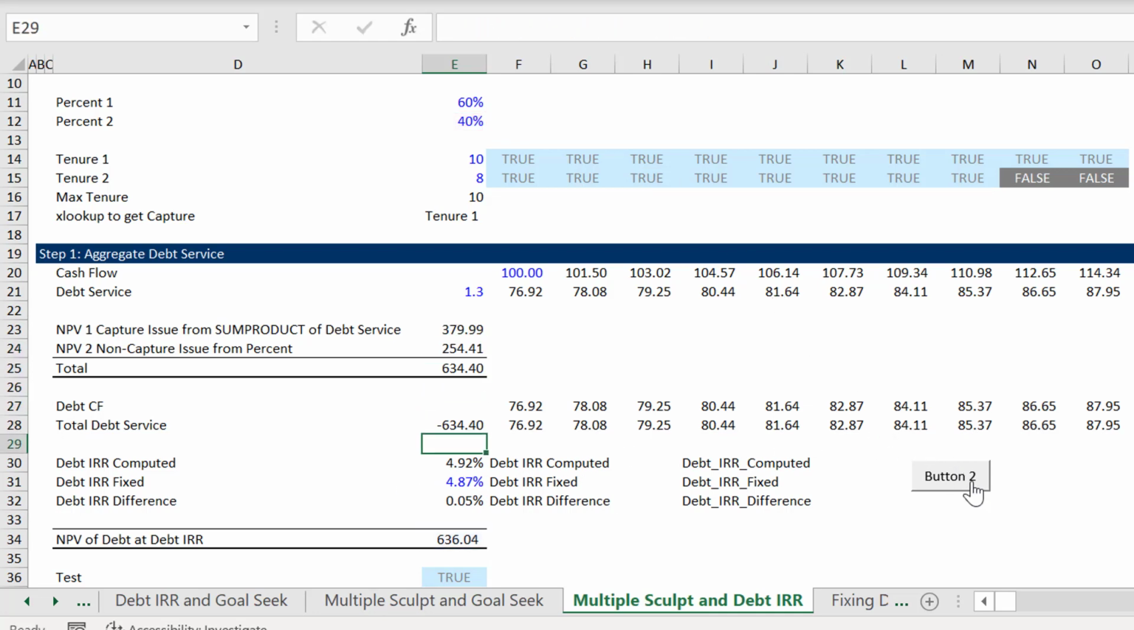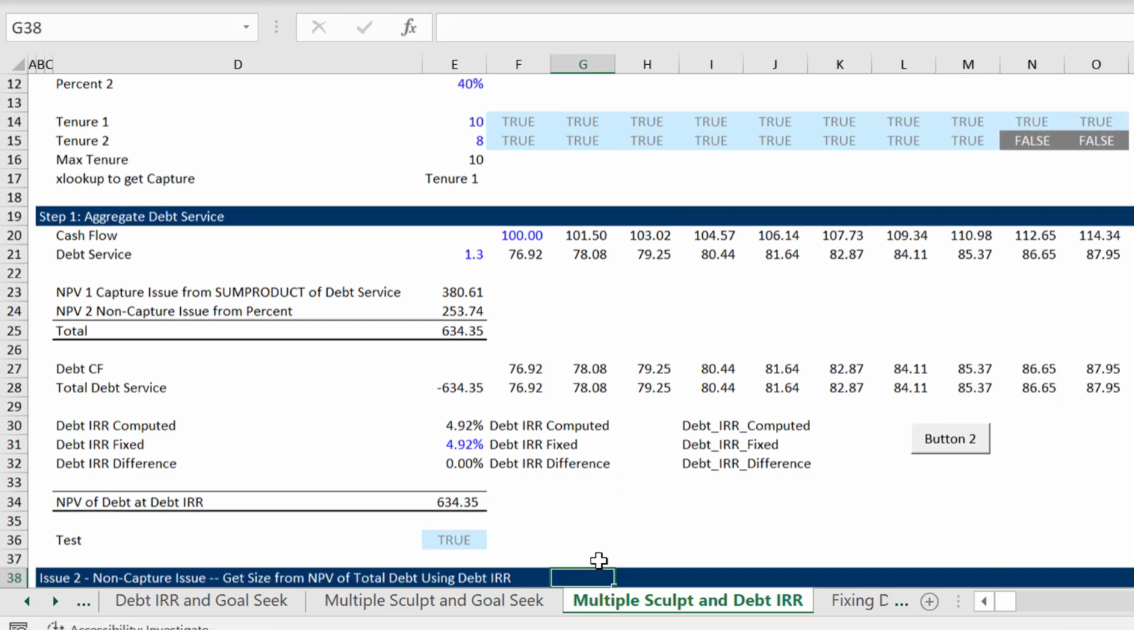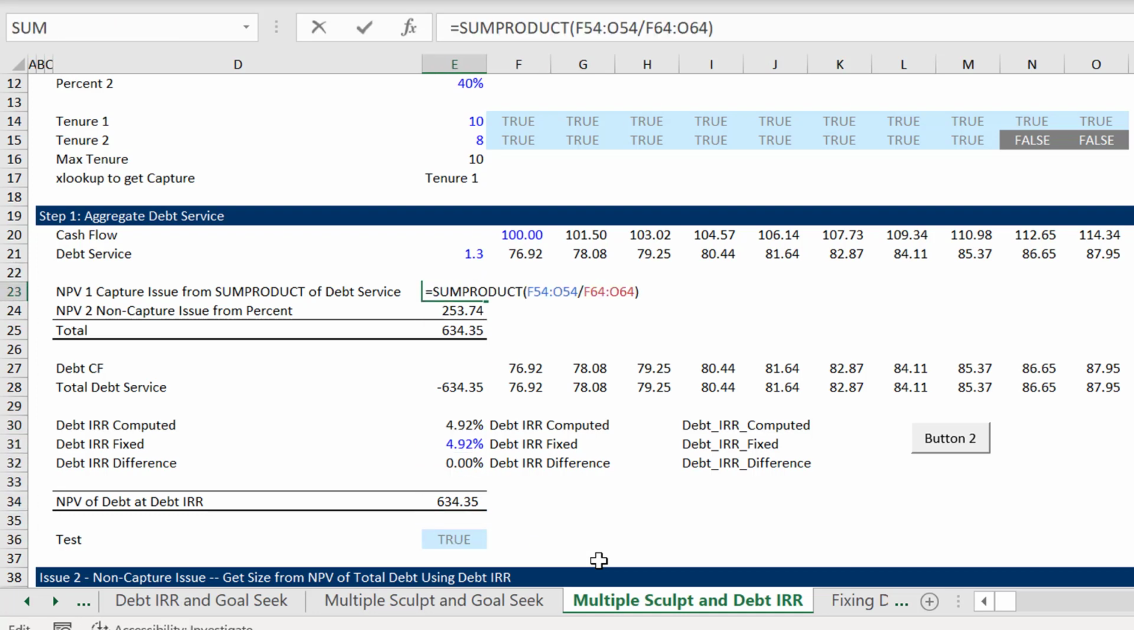So I made a copy and paste, and I just copied and pasted it down here, and then we get our test to be true. So let's just review. Issue number 1, get the NPV of the capture issue. Now, what I'm going to do,